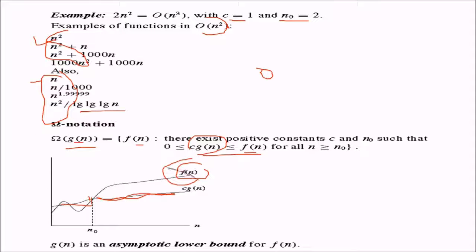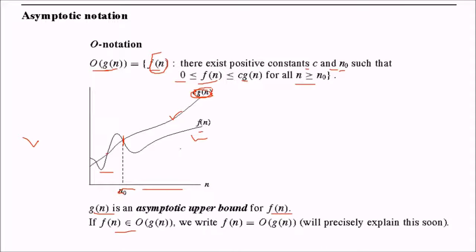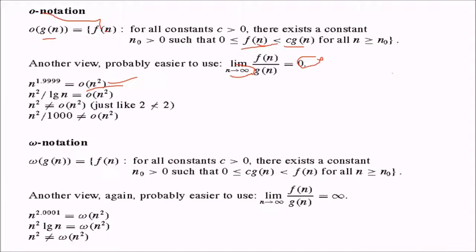This is a big O. This was an upper bound. This one is an upper bound. And we are saying that it touches sometime. But the upper bound here is not going to touch anytime. So this will be the upper bound.